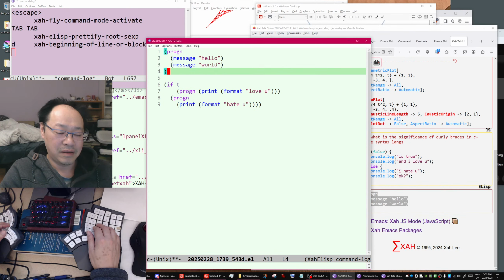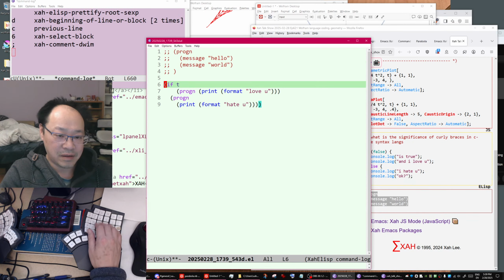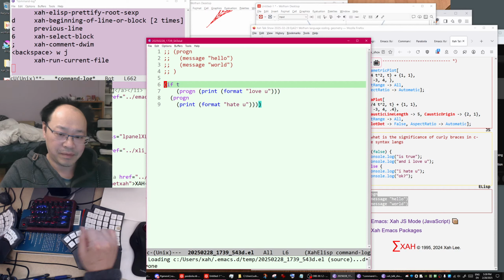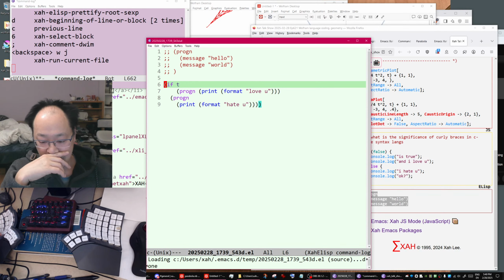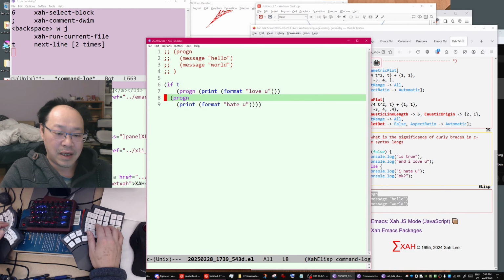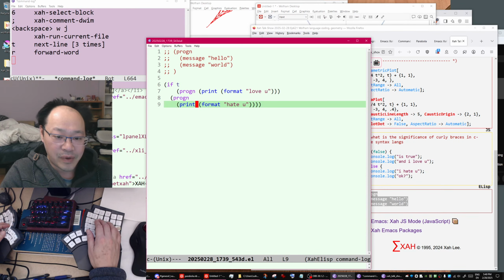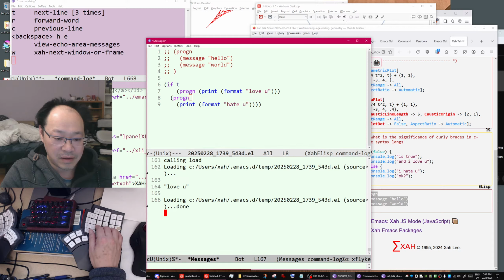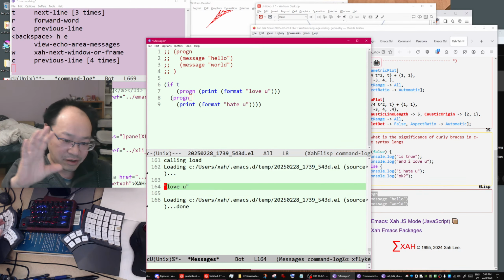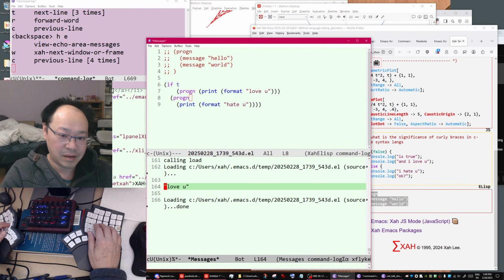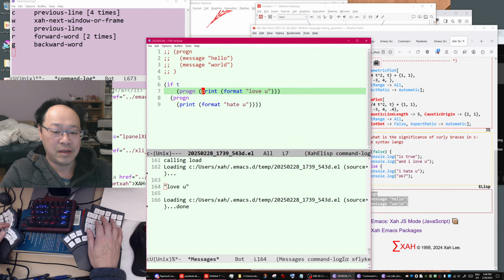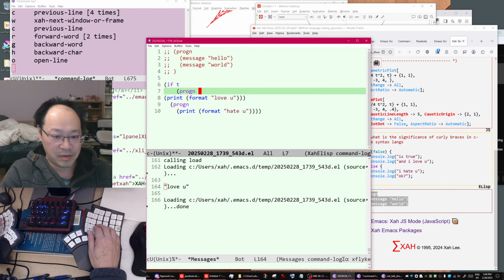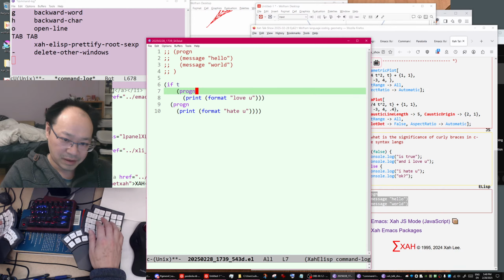Now press the key to color it, to format it. Now we can run it. Okay, so comment that out, run it. Oh yeah, you forgot to wait, show in browser. There it is. I mean, show the message buffer. Okay, there it is. I love you. Now it looks better.